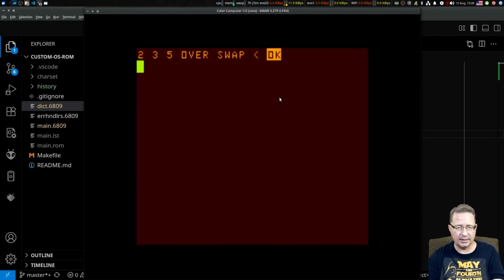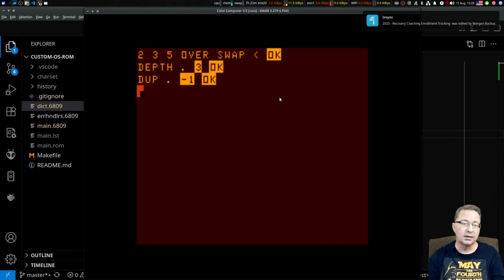So that gives me 3 items on the stack, and if I look at the top of the stack, that gives me a -1. That gives me a -1, which is true. So we know that 3 is less than 5. If I rot,